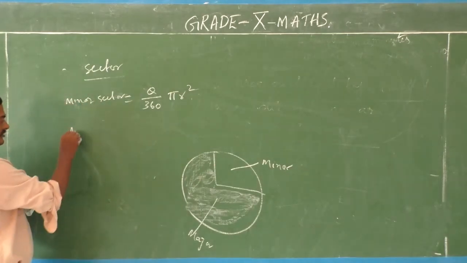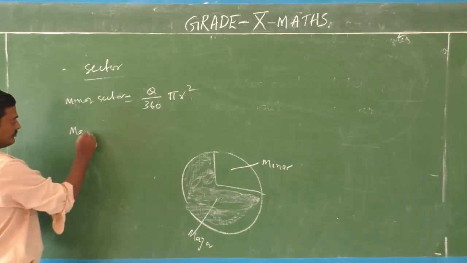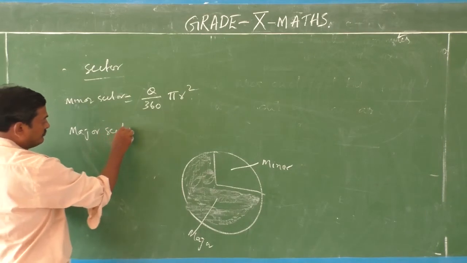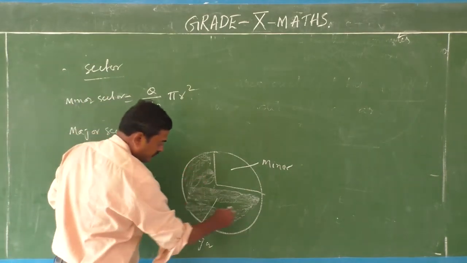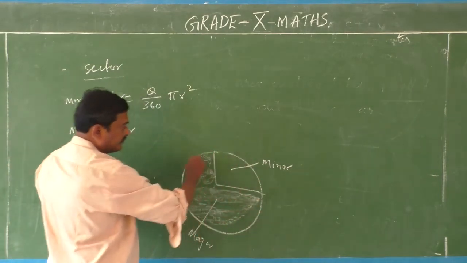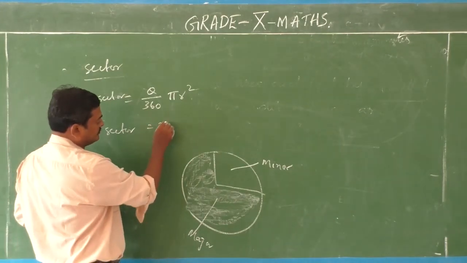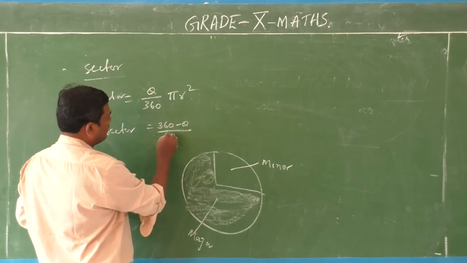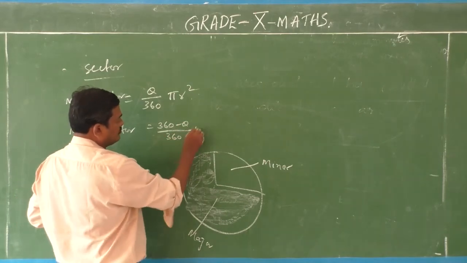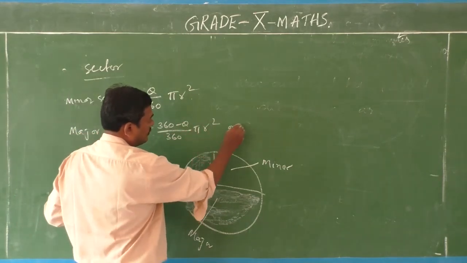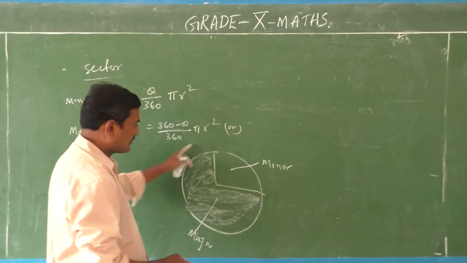Now the major sector equals 360 minus theta by 360 into pi r square,